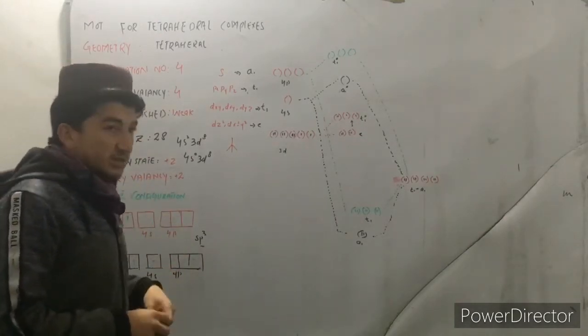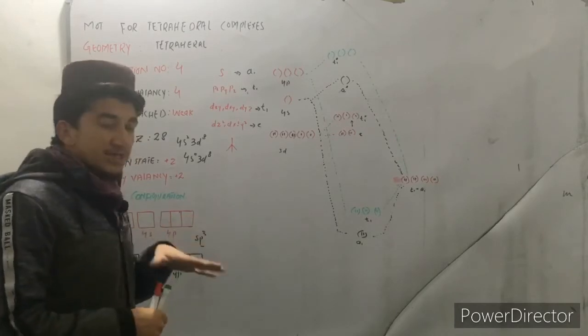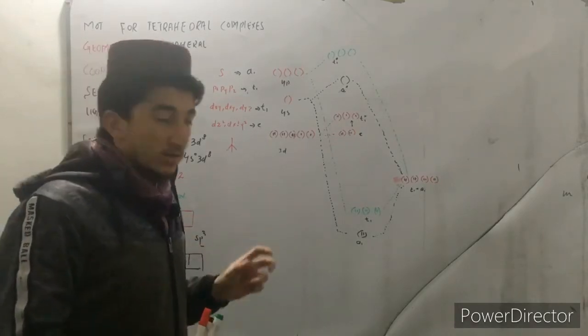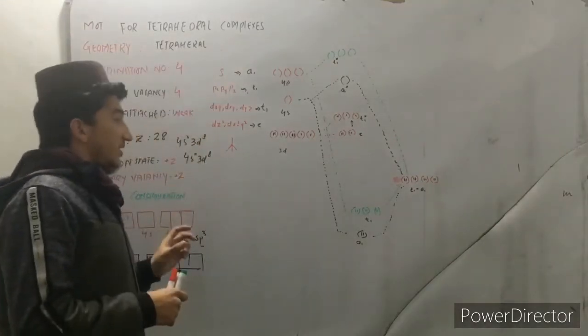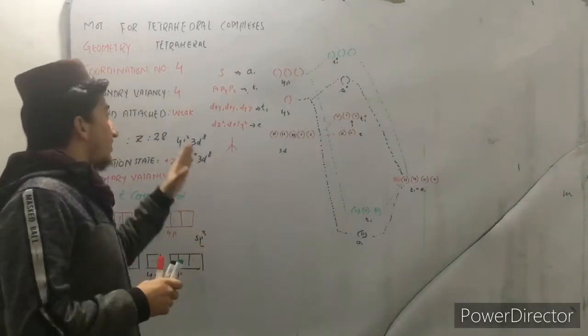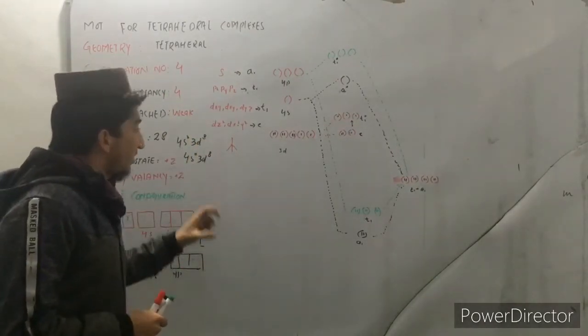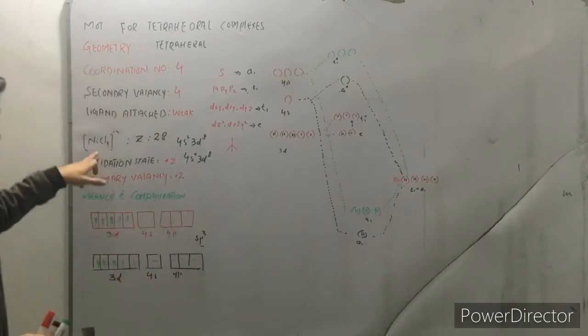The ligand attached in this case is weak. That's because if it has a strong ligand, it will result in square planar complexes. So that's why in tetrahedral complexes the ligand attached is weak. So in this case we have taken an example of